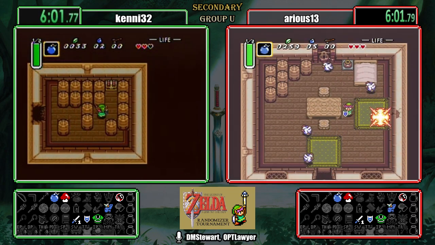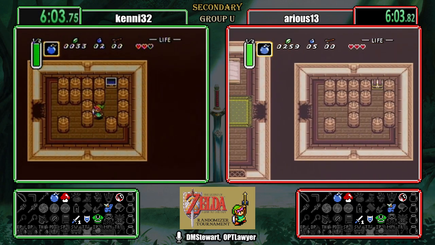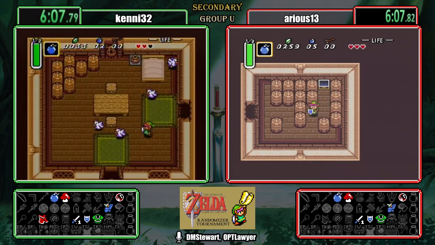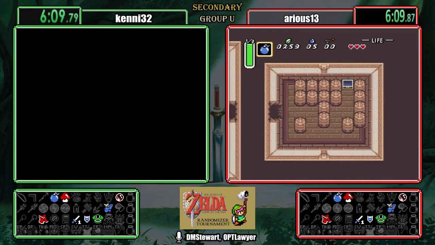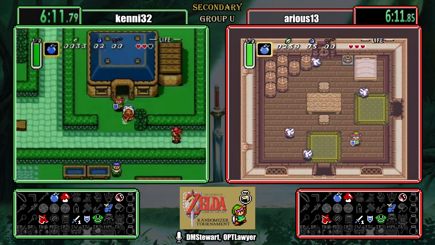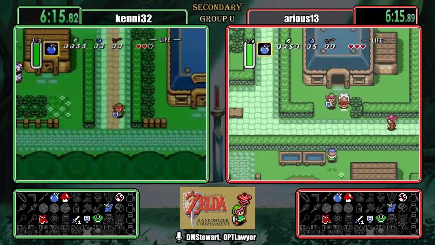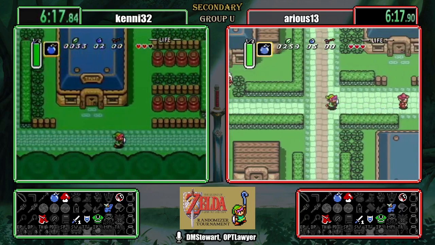So, let's see here. As we're watching the runners I find the magic cape! So... Aghanim required, perhaps? Okay, so... In the normal game, to go to Aghanim, you actually have to have the Master Sword, because that's kind of the whole plot of the game. But,